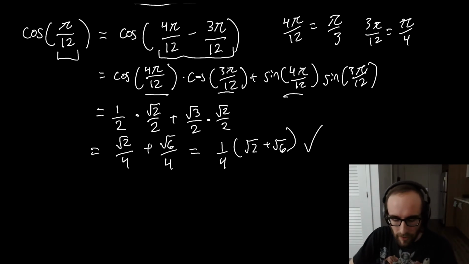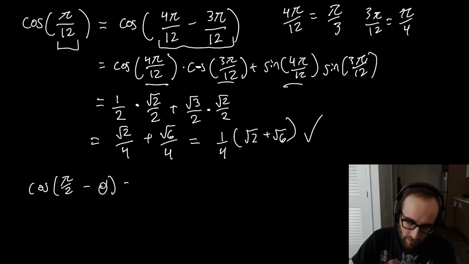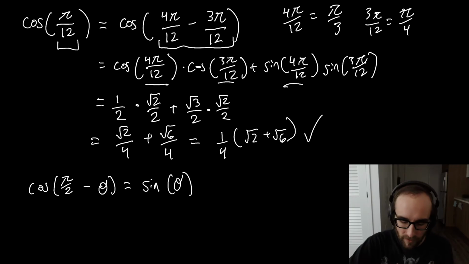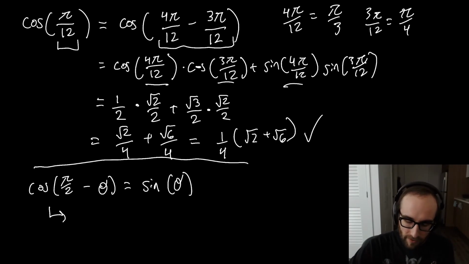Let's see. Two other identities that can be useful to know are that cosine of pi over 2 minus theta is the same thing as sine of theta. So if we ever see something on the left, we can replace it with sine of theta. And one way to see this is using our sum and difference formulas. If we were to rewrite this using our difference formula for cosine, we would end up with cosine pi over 2